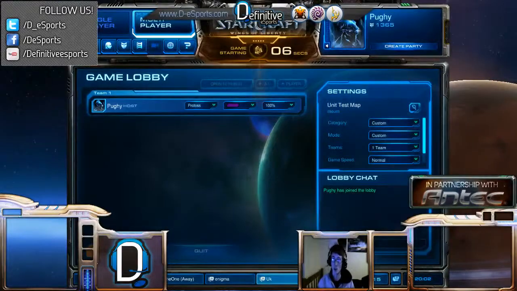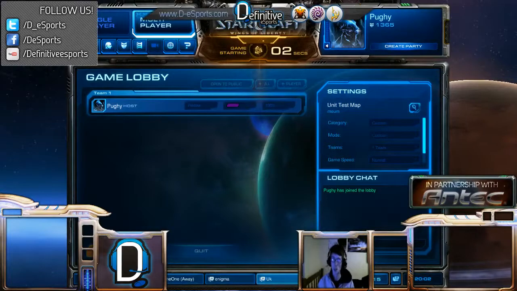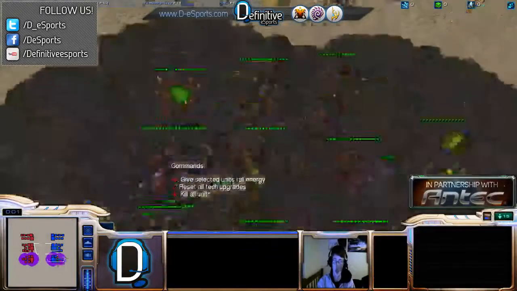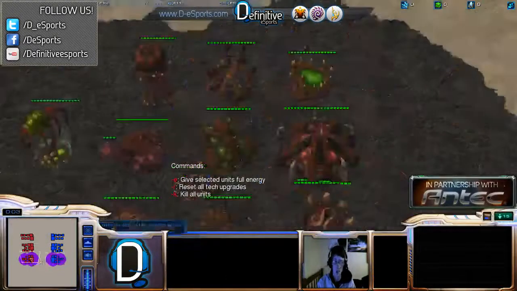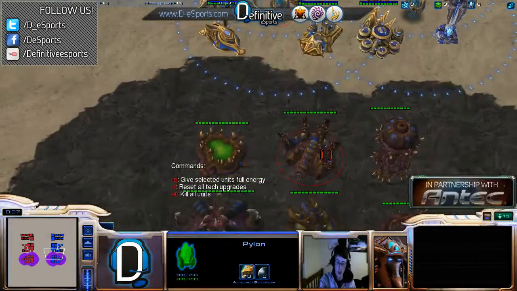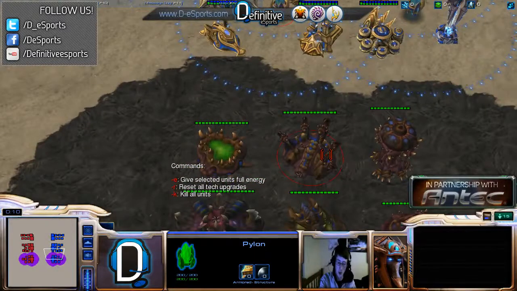This is also something you really want to do if you want to practice your micro. You know, you can get a bunch of Marines against a bunch of Roaches, or a bunch of Stalkers against a bunch of Roaches, or even Marines, and just constantly micro, and this will really improve your mechanics and your unit control. So yeah, yesterday I covered the Terran and the Protoss, so today